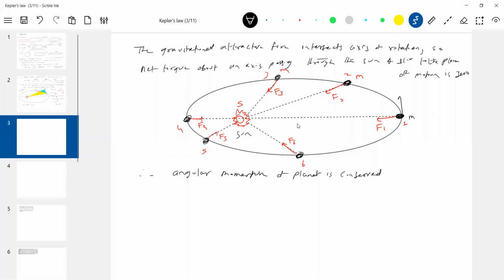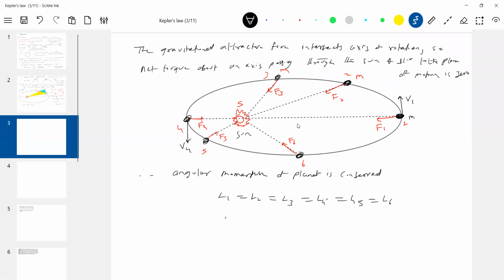It means if it is here, having speed v1, and here having speed v4, can you write any relationship here? No? I'll just write r cross p is constant. Between any 2 points you can write it. Here L1, or later on we'll say angular momentum of the planet is constant. So L1 equals L2 equals L3 equals L4 equals L5 equals L6. Between any 2 points, you can equate and you'll get some equations.